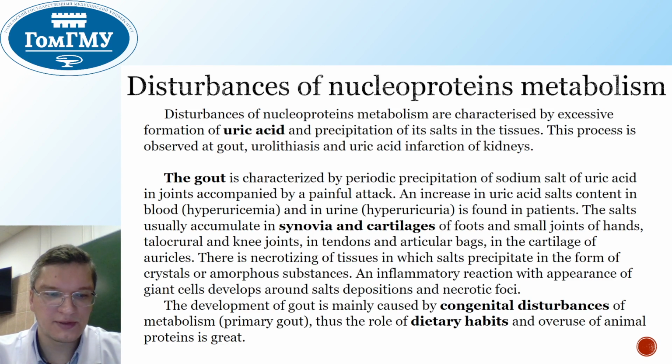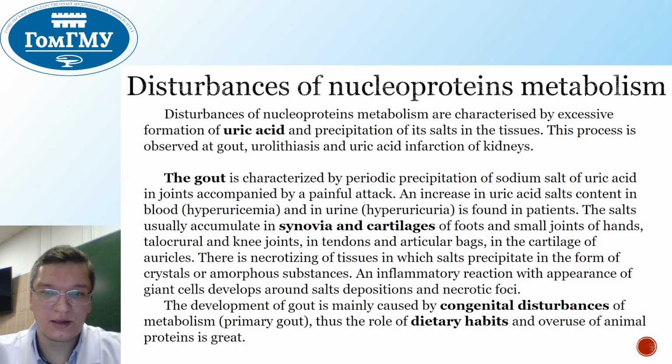This process is observed in gout, urolithiasis, and uric acid infarctions of the kidney. The most common one among those is gout, which is characterized by periodic precipitation of sodium salt of uric acid in joints, accompanied by painful attack. An increase of uric salts content in blood, which is known as hyperuricemia, and in urine, hyperuricuria, is found in patients. The salts are usually accumulated in synovia and cartilages of foot and small joints of hands, talocrural and knee joints,